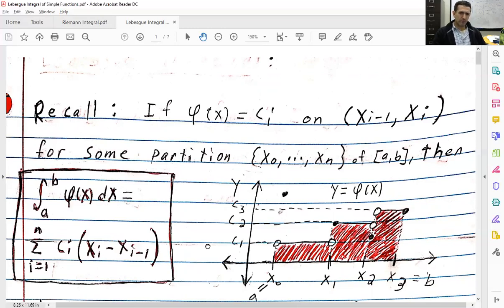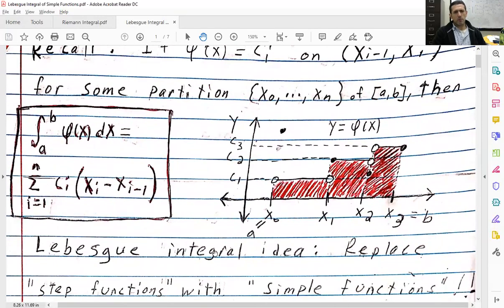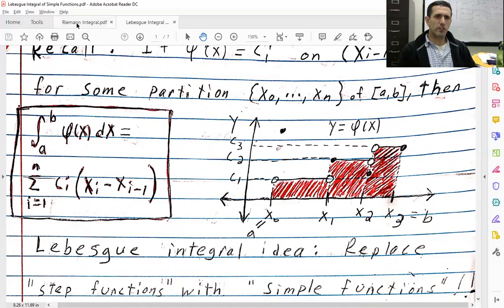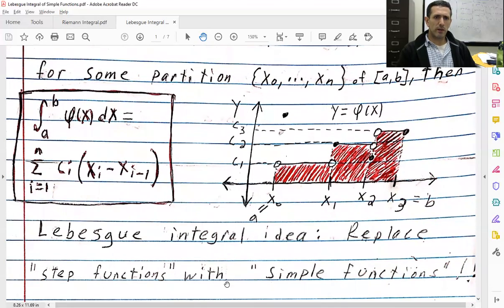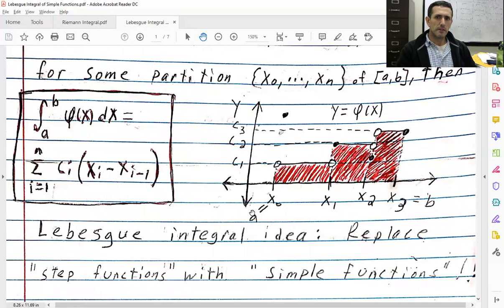simple function. Okay. As I said a moment ago, the idea of the Lebesgue integral, I should mention this is what our book is doing, is just to replace step functions with simple functions in here, essentially. Okay,